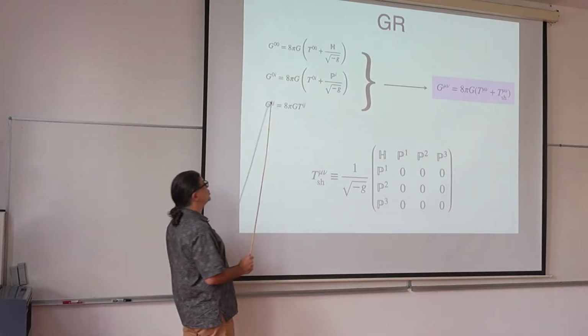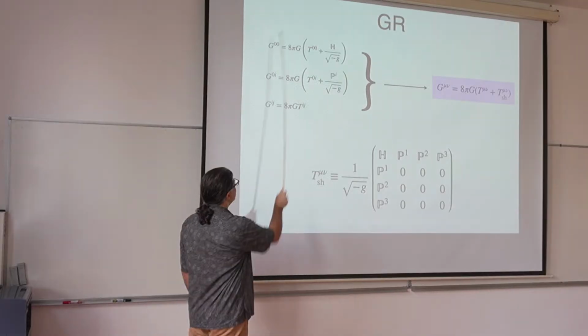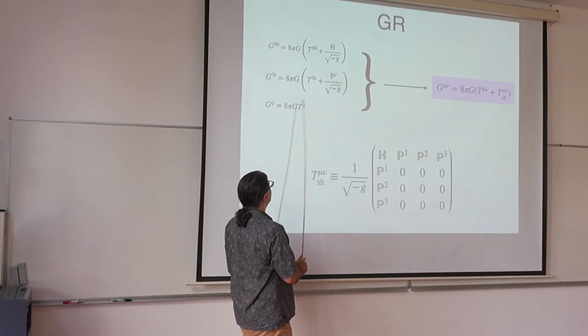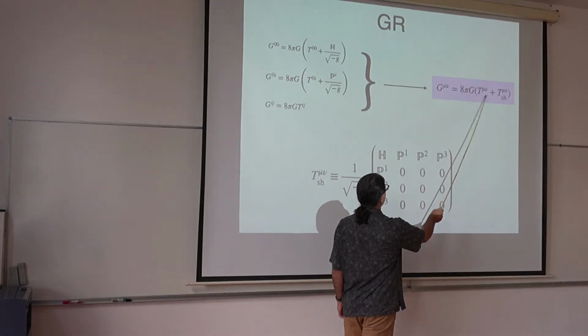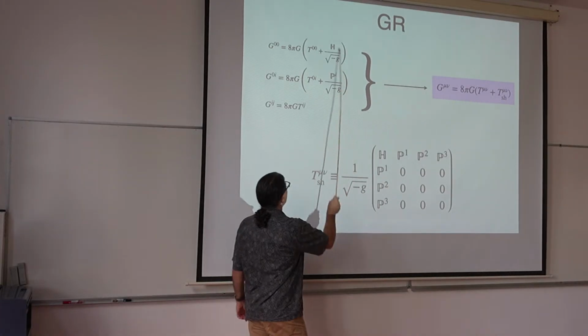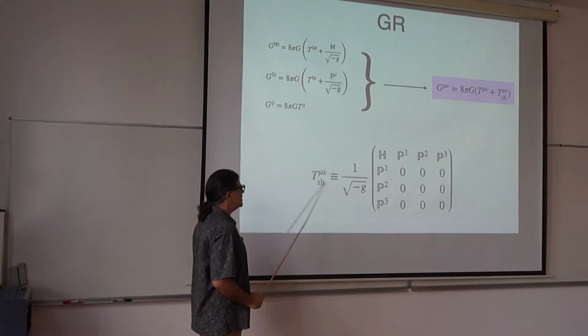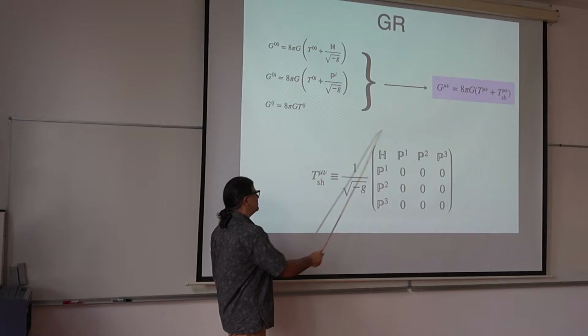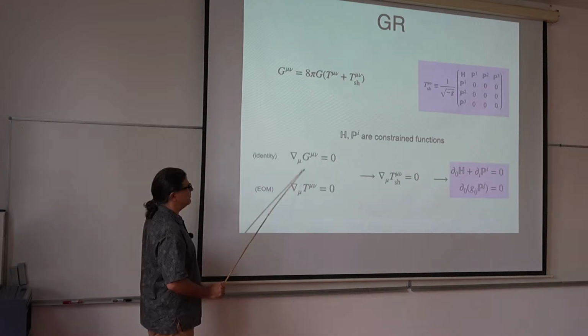But of course, G_ij, G_0i, G_00, they're related to each other. They're functions of the metric variables. And so that relation is important. First of all, I can reconstruct the tensor language, and I can write G_mu nu in the normal way, Einstein's equation, and put all these guys together, collect them into a tensor, just define the tensor. That tensor has a particular form in synchronous gauge, which is the gauge we chose. So here is this new source. It looks like stuff. And in addition, because there's a condition on the Einstein tensor, which is the Bianchi identity, this is just an algebraic, I mean, they're derivatives, but this is just effectively an algebraic condition. And the equations of motion